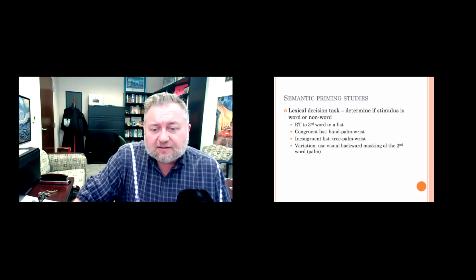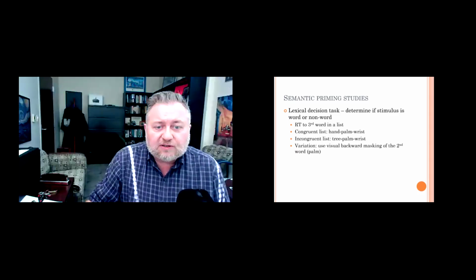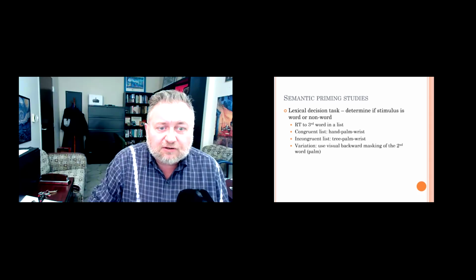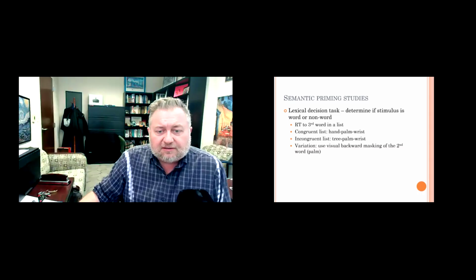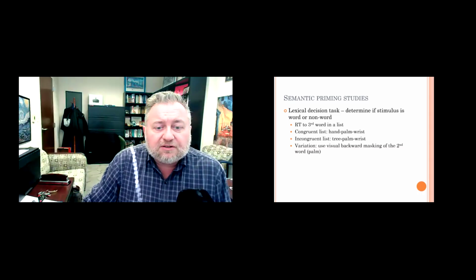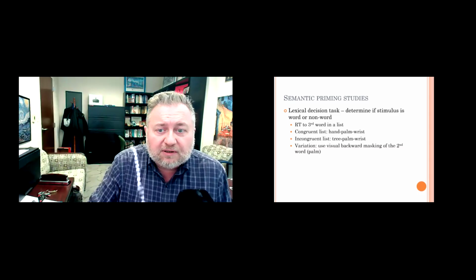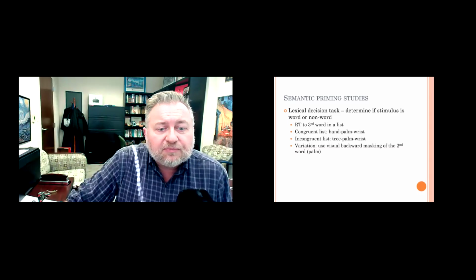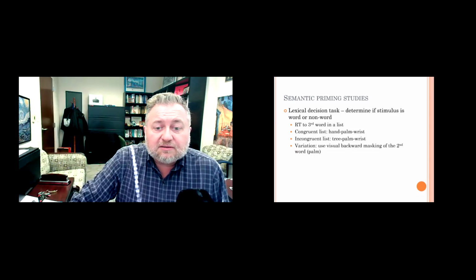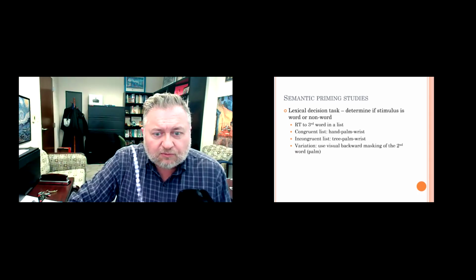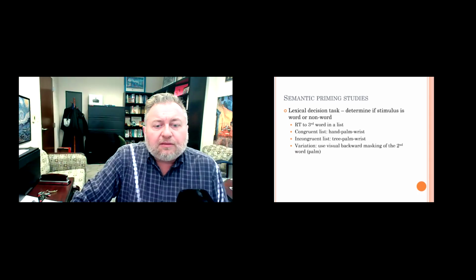In other cases, in other conditions, other trials, there might be some made up words presented here, in which case they would have to choose the other option, say, no, that's not a real word. But in these cases here, in the congruent list, they're all words. So we're going to measure their reaction time to hand, and then we're going to measure their reaction time to palm, and then we're going to measure their reaction time to saying yes to wrist. And as you might expect, their reaction time is pretty fast to wrist. Why is it fast? Well, this is called priming.